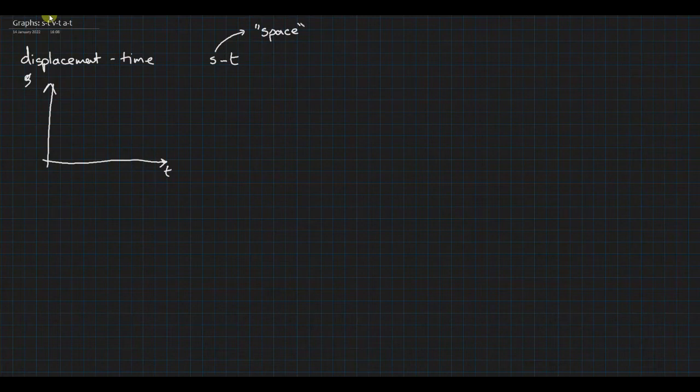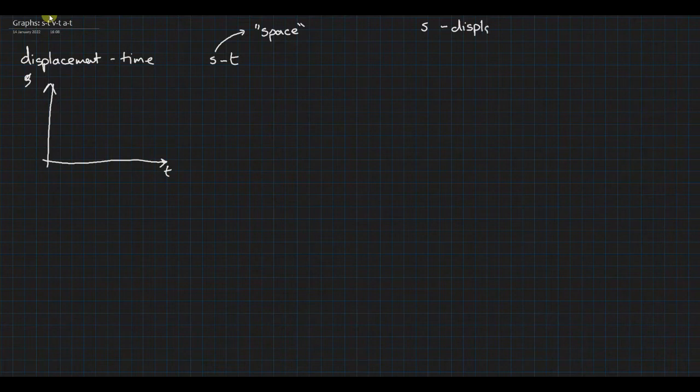So a displacement time graph, or an ST graph, is actually something you recognise as having displacement or distance up the side, and time moving across the bottom. S, as far as I can remember, is space. It talks about space. The language we use consists of a number of letters. We've got displacement,